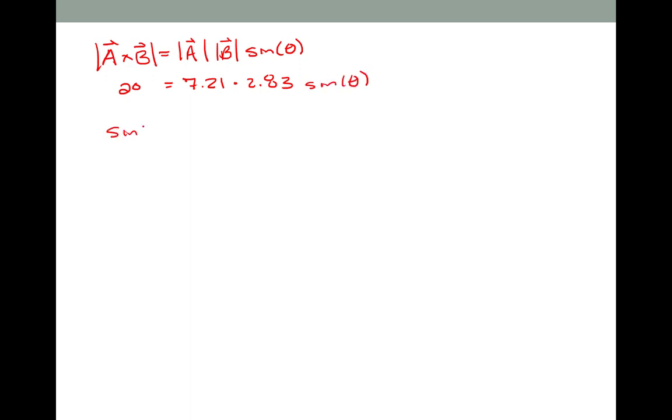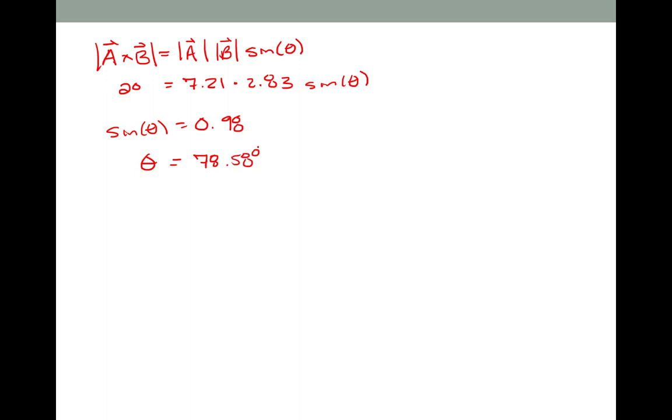That gives us that sine theta equals 0.98, and theta equals 78.58 degrees. Now pause for a minute because we have to be a little bit careful